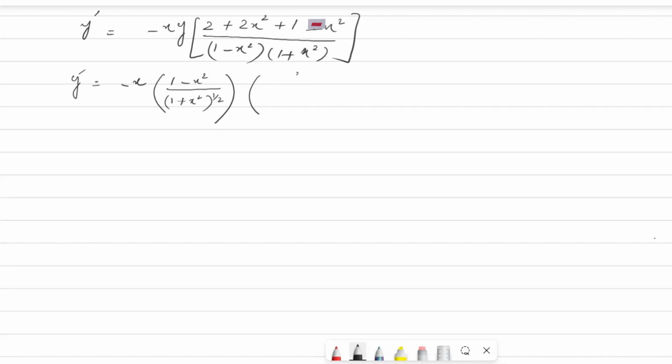So it would be, yes, 2x square minus x square plus 3, by (1 minus x square) and (1 plus x square). So y bar is equal to